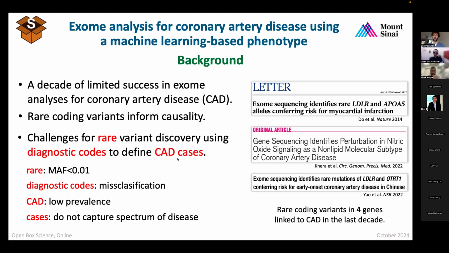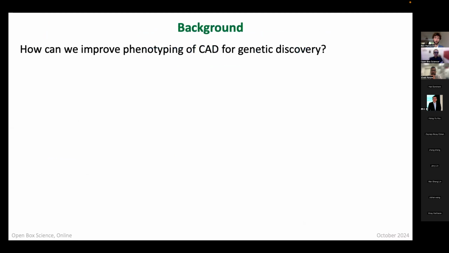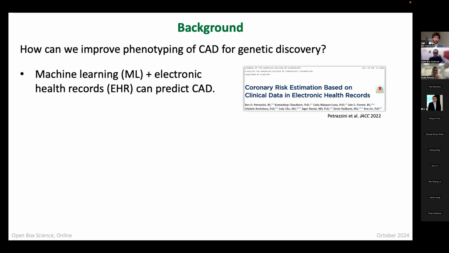So 3 of the 4 challenges involving rare variant discovery in CAD refer to issues with phenotype and suboptimal phenotyping of the disease. So we thought of asking the question, how can we improve phenotyping of CAD to potentially reveal novel rare coding variants for CAD? And so in this